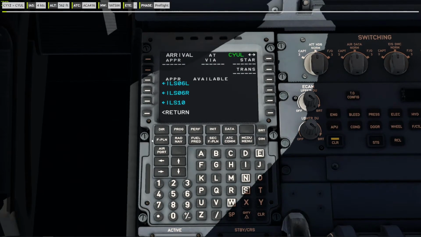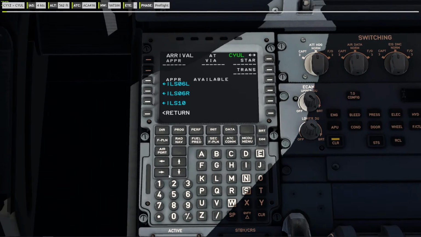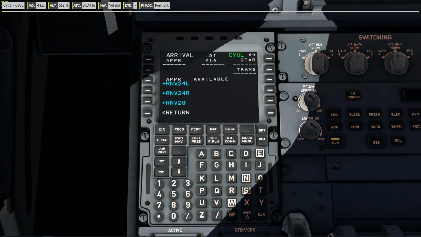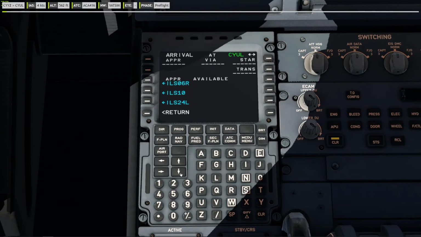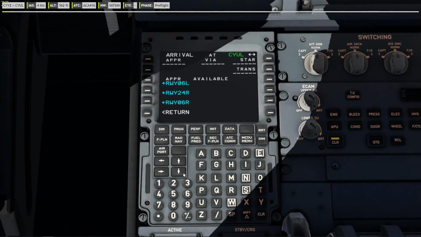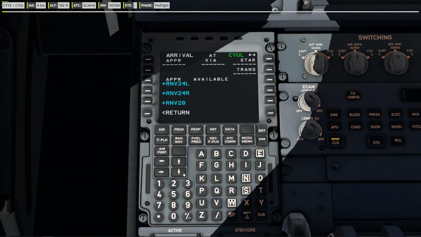The approach I'm going to be doing is the ILS runway 28, so we can find runway 28 here. Maybe it's an RNAV approach, I'm not too sure. I would prefer an ILS, but that's